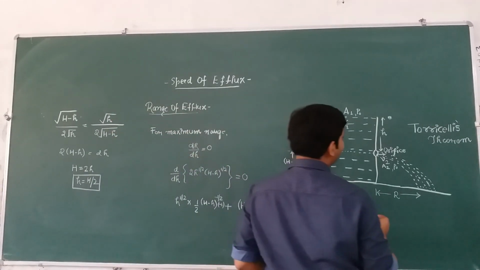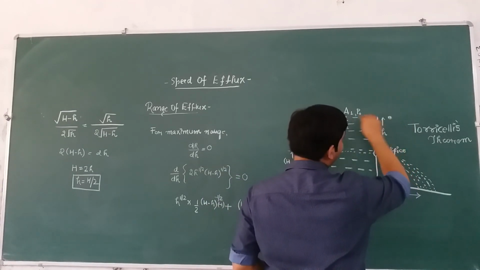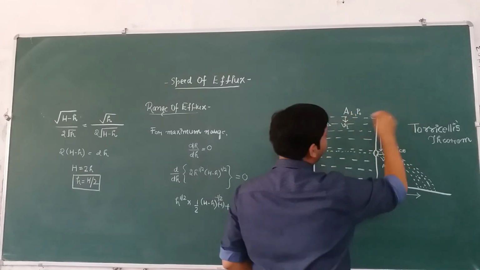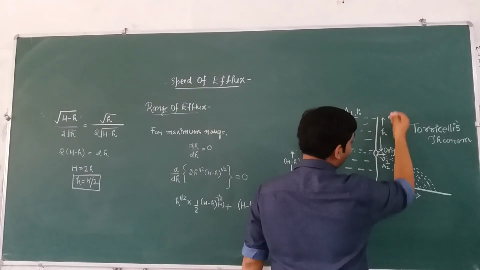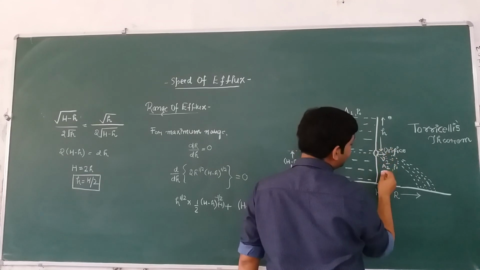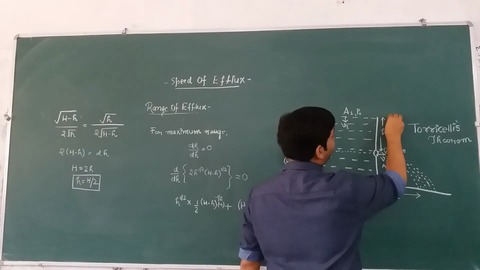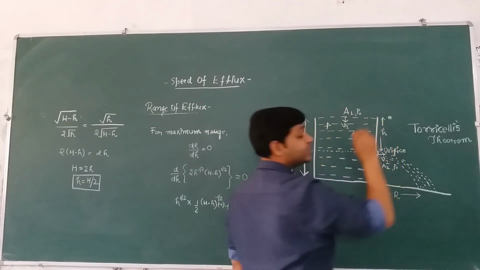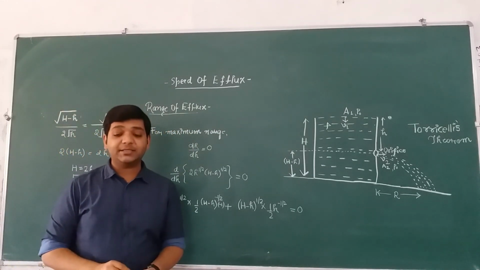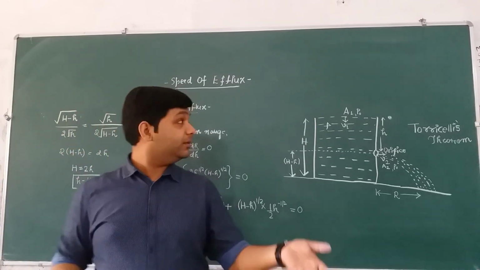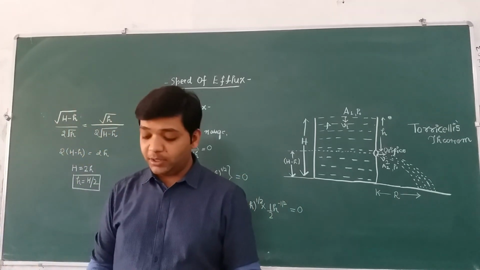So again, I am explaining it once again. If you take one water droplet at the same level, at the same height of the upper surface of the liquid, and if you allow this water droplet to fall freely under gravity, then the velocity of the efflux will be equal to the velocity that is gained by this water droplet or particle when it falls to height small h. I hope this is clear to everyone. Fine. So now let us practice some numerical problems based on this concept of efflux. Please copy it down and now let us discuss some numerical problems.